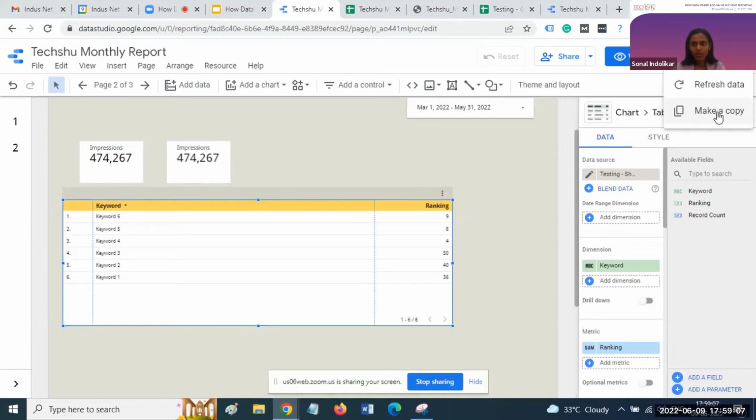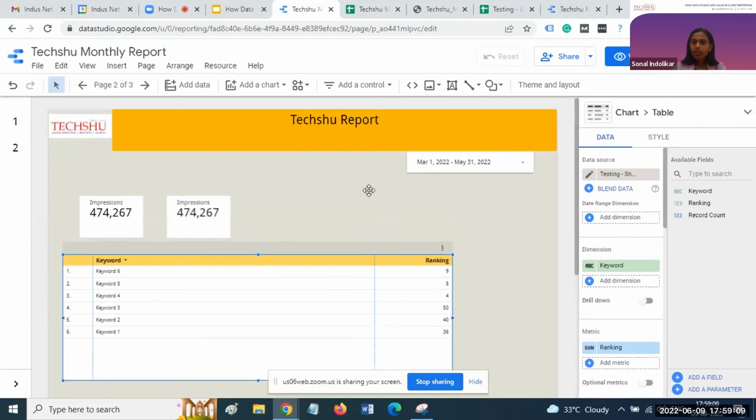to that report. Likewise, the report creation is only a one-time effort. Once your template is ready, you just need to copy the template and build the connection for it. So this is basically a one-time consuming process, but in the long term, it is a time-saving process.